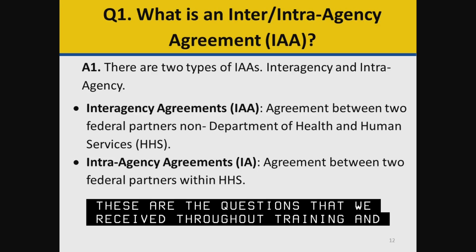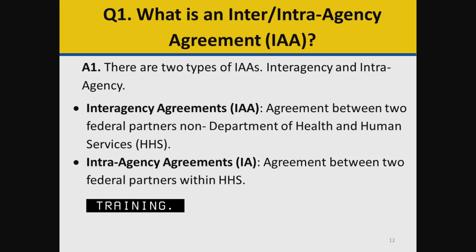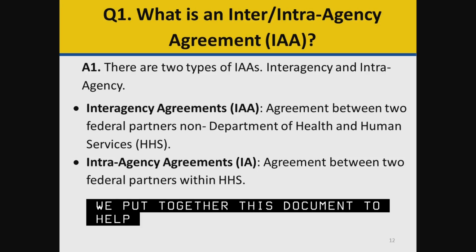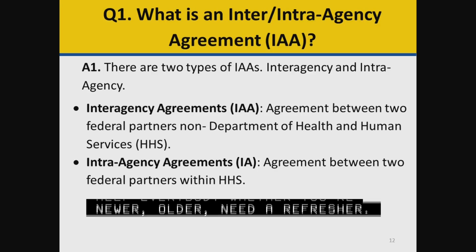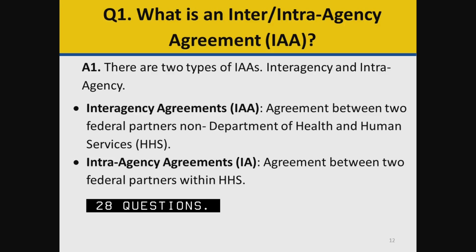So we put together this document to help everybody, whether you're new or need a refresher, with questions that come about with IAs. There are 28 questions, and we received a lot of questions from you as well. That's why I asked for questions before a certain date, so that I could add them to the document. So if you read through the document,